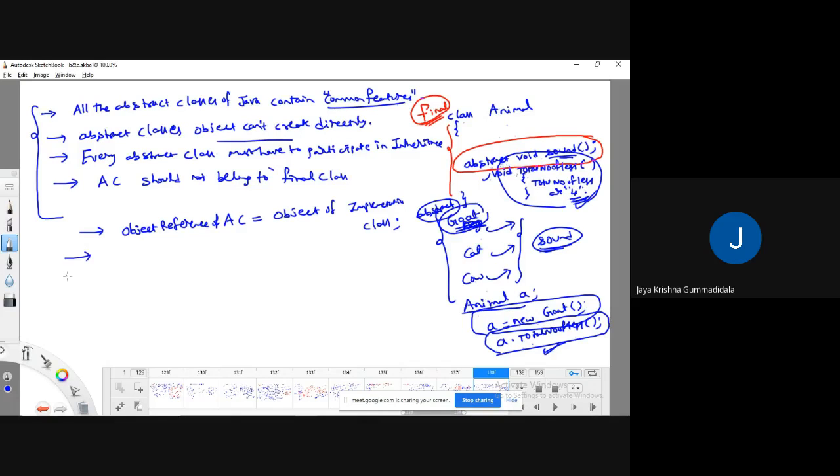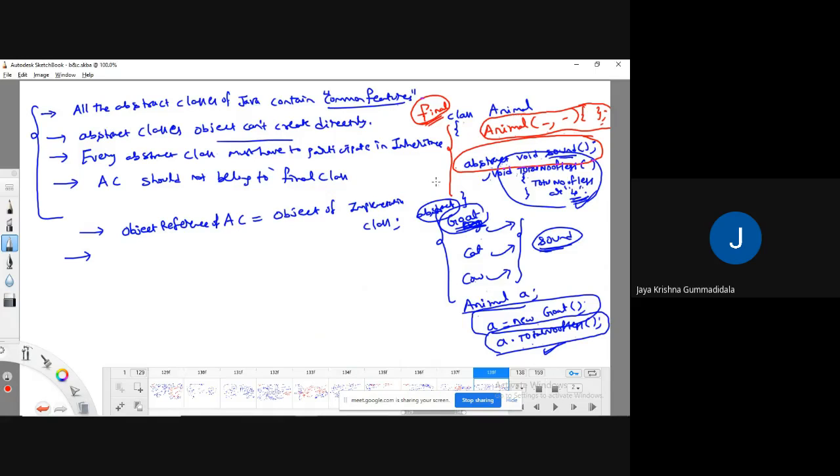And guys, I have a question. If I write some kind of constructor here in Animal, with some parameter, is it valid? It is valid, because you won't get any error. But when will this constructor execute? Whenever an object is created for this class. But are you really going to create an object for this class?